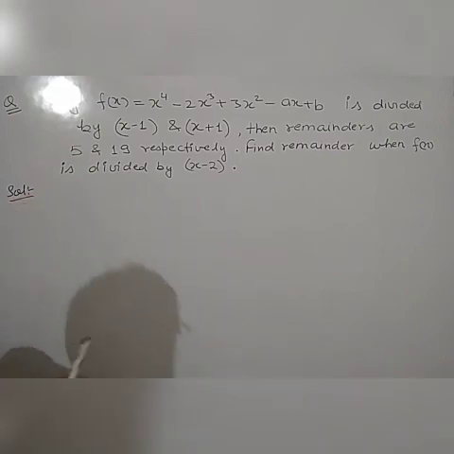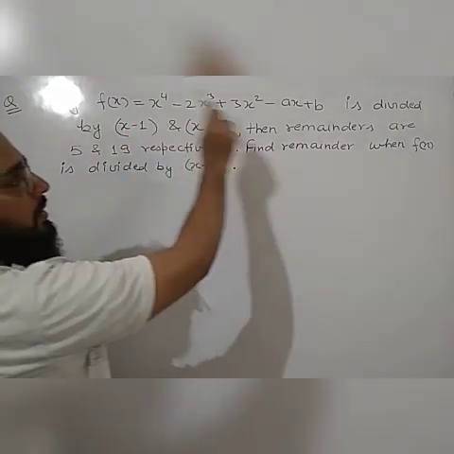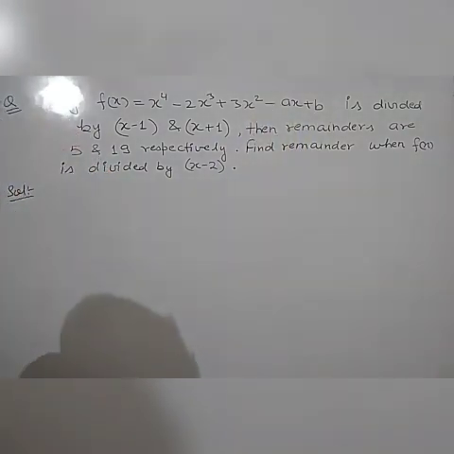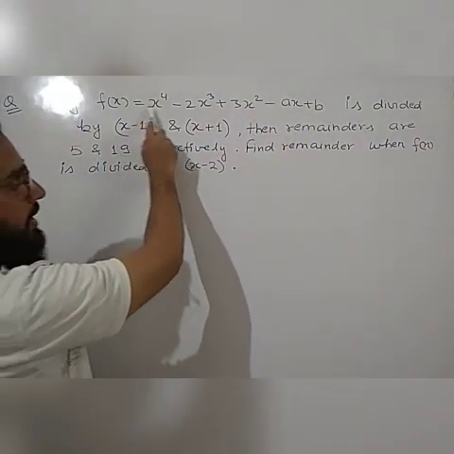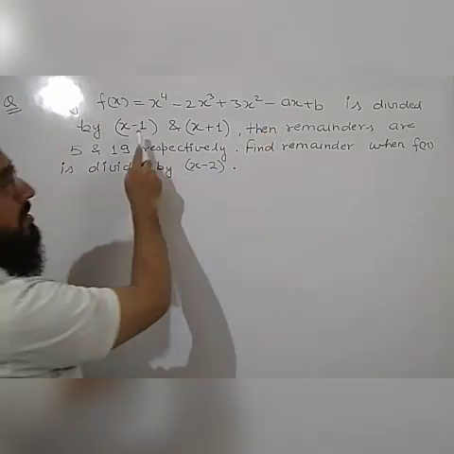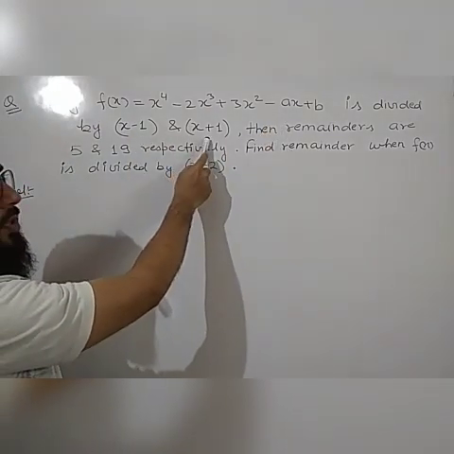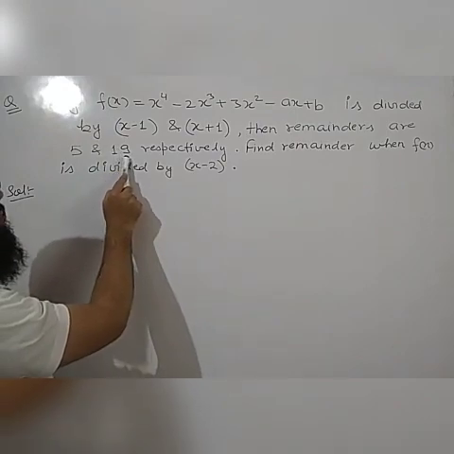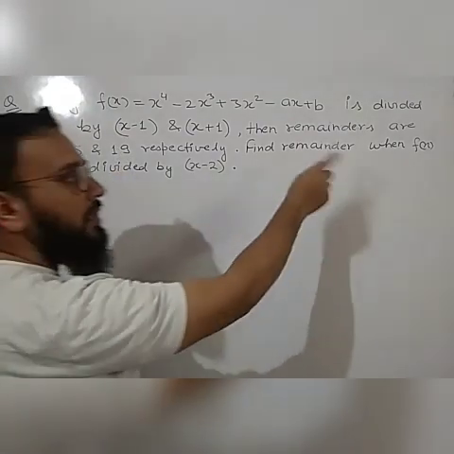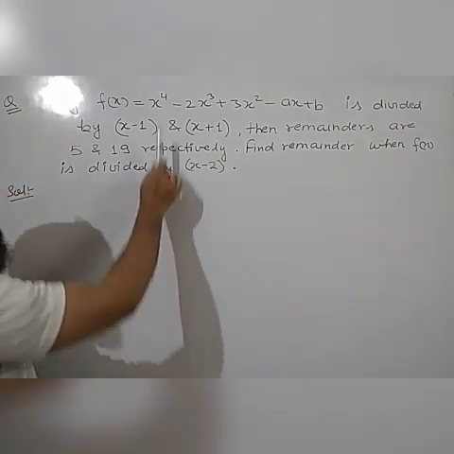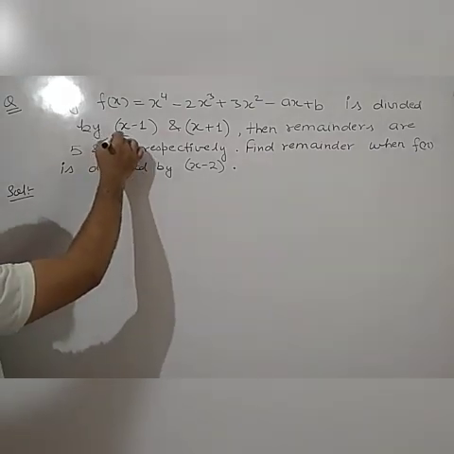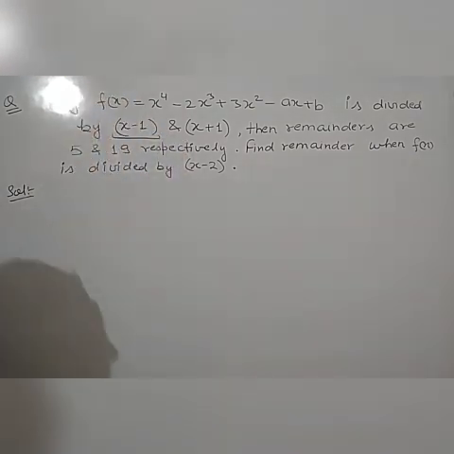Now in this equation of the given polynomial, there are two unknowns, a and b. So we have to divide this polynomial by x minus 1 and x plus 1. The remainders are 5 and 19 respectively. And we have to find the remainder if f of x is divided by x minus 2. So first, we consider that the polynomial is divided by x minus 1,